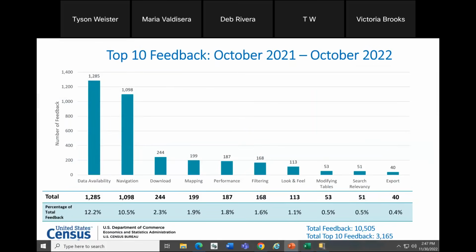Just to give you an idea for the types of analysis that we do once we receive that feedback, this is just a quick screenshot showing the top 10 feedback categories that we received over a 13-month period. Each time someone sends us an email, we categorize that according to different areas, such as data availability, navigation, download, mapping, performance, filtering, look and feel, modifying tables, search relevancy, or export.